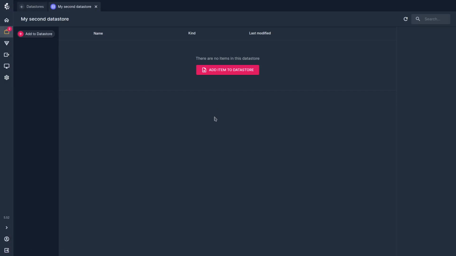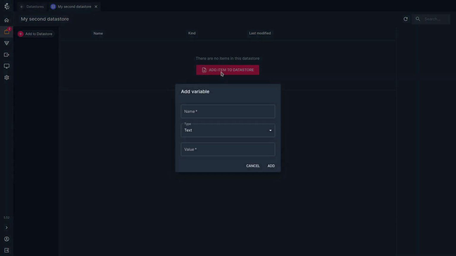Once we've created our data store, you'll notice that there's nothing in it by default, and it's prompting us to add an item. If we click on here, we can see there are several types that we can add manually directly to our data store. These can be anything from a file to a password to one of the many types of variables that are supported in the platform. If we click on variable as an example, you can see this brings up what looks